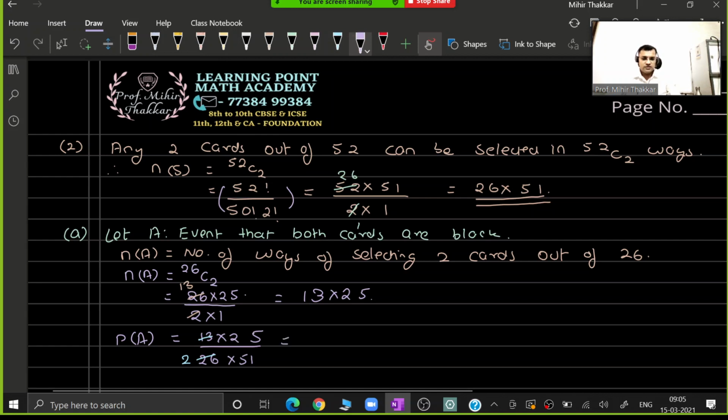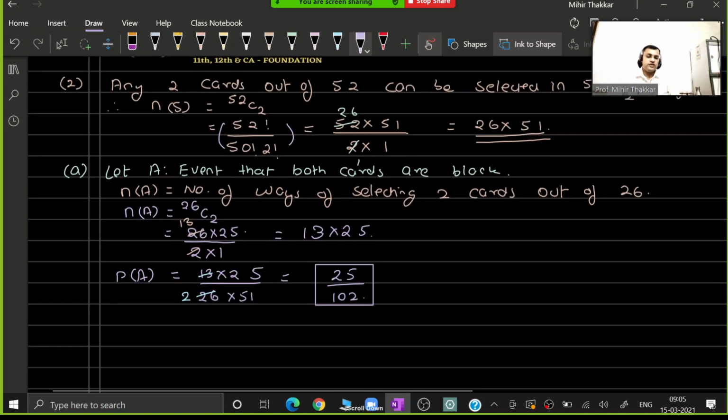On solving that, I get over here 25 upon 102. So that becomes my required probability. We don't need to sit and do the division. We can leave it in the fractional form. The only thing that I need to take care is the probability value that we are getting has to be definitely lesser than 1. Am I clear to all of you guys with the first one? Now the B part.